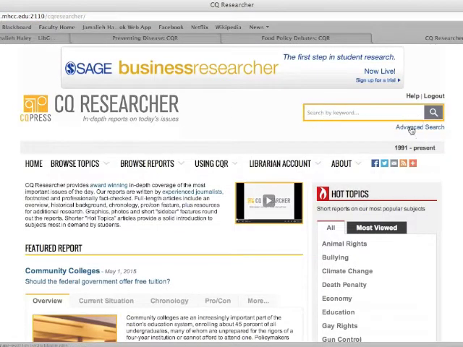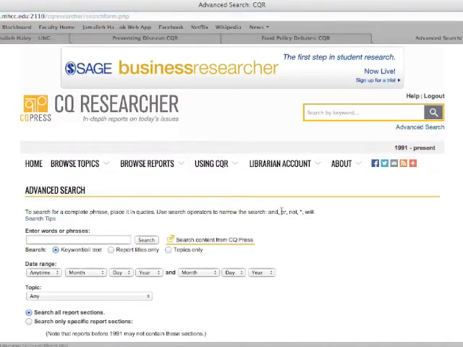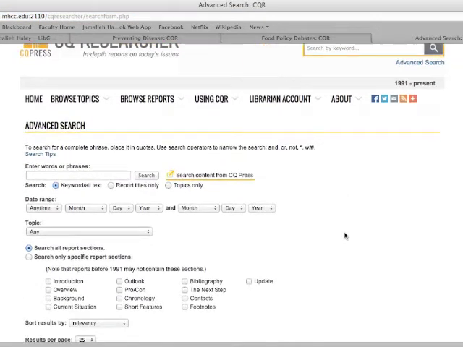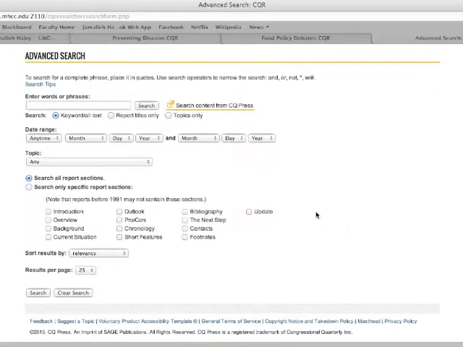I'm going to go to Advanced Search just so that you can get an idea of what some of your search parameters are. Say you want a particular article that you've seen before, you know it was published in a certain month or a certain year, you can tell the database the search parameters that you want, including day and year. Okay, so here I'm just going to use the example